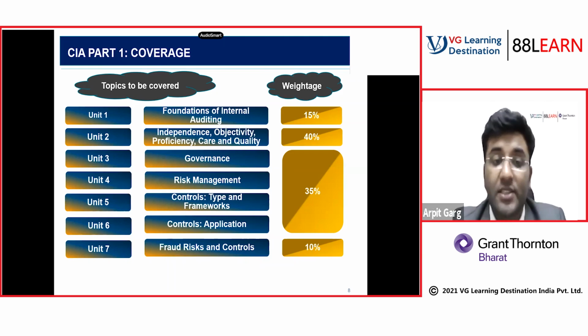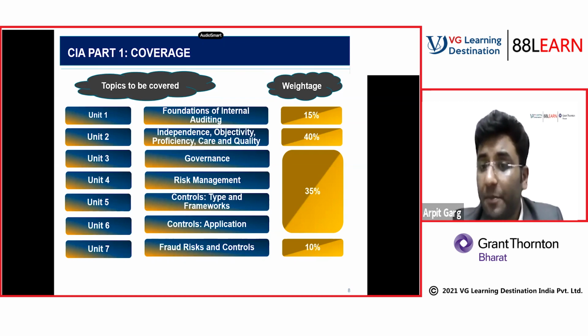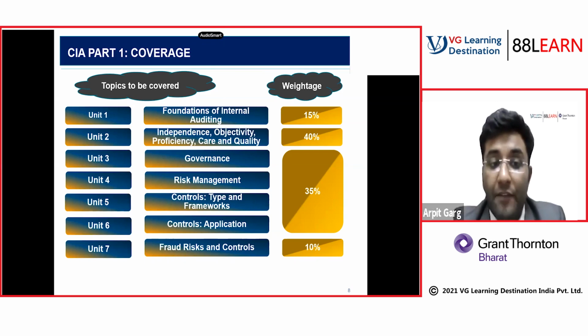My suggestion is to do a strategic study. Of course, we'll cover the complete syllabus, but my recommendation is that just before the exam, remember the important aspects of unit 3 to unit 6 and do a thorough revision of unit 1, unit 2, and unit 7. Let me also tell you, unit 1, unit 2, unit 7 is only 60-70 pages from the GLIM study material. So by just reading 60-70 pages, you can cover 65% of the CIA part 1 program. And from unit 3 to unit 6, you have to read about 130 odd pages, which is only 35%.